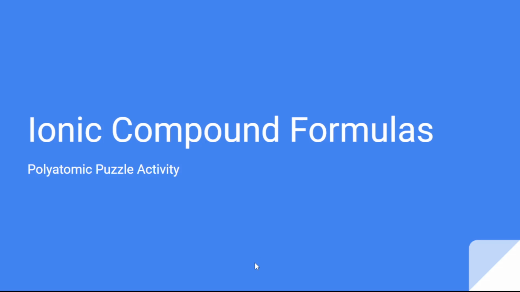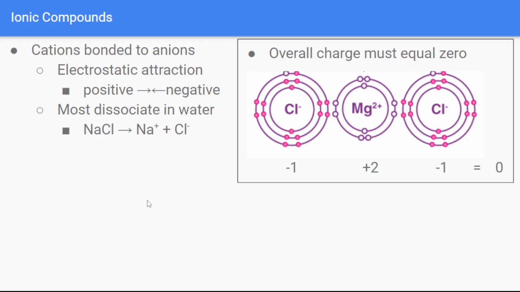In this video, we'll discuss how to write formulas for ionic compounds. Remember that ionic compounds are compounds that are composed of cations bonded to anions. The bond is due to the electrostatic attraction. In other words, the cations being positive are attracted to the anions, which are negative, kind of like magnets. The overall charge of the compound has to equal 0, even though there are individual ions that have positive and